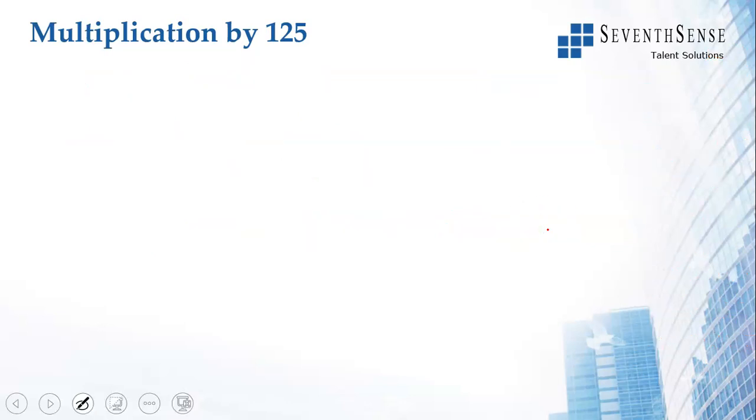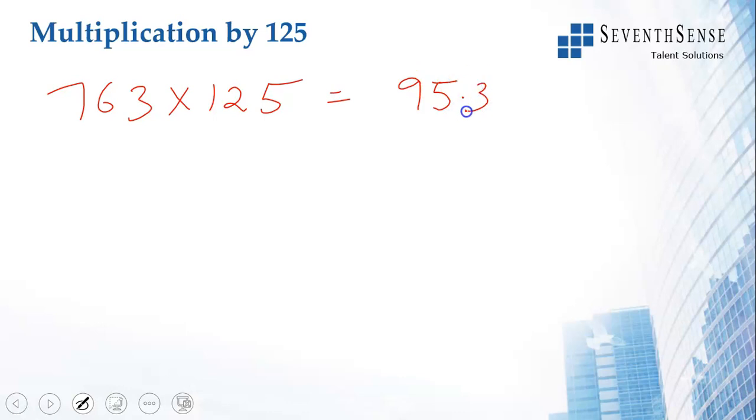Let's look at 3-digit numbers. Slightly bigger 3-digit numbers. We look at 763 into 125. Okay, 763 by 8. 8 9s are 72. So I get 9. 72 will mean 43, which means 5. And then I have 3 as a remainder, 9.375. So my answer is 95375. See how quickly and accurately we get.